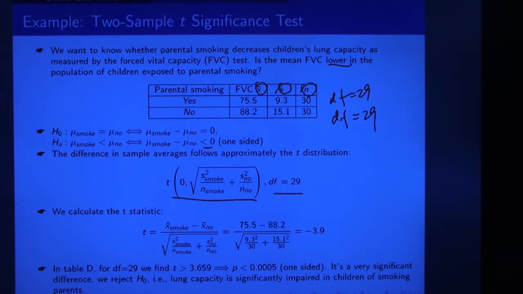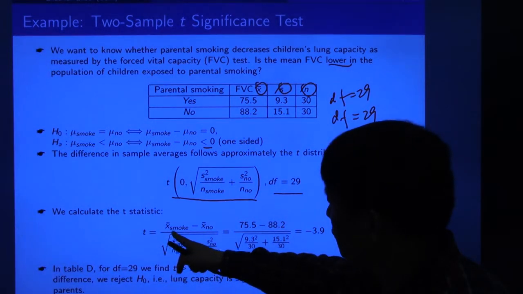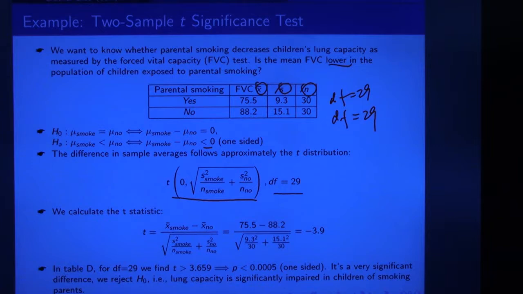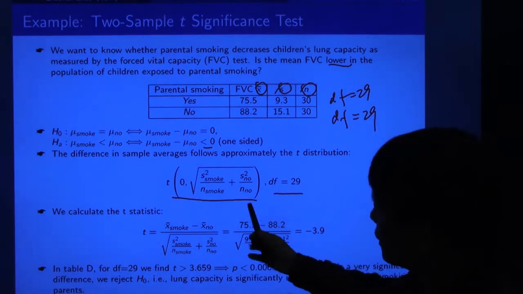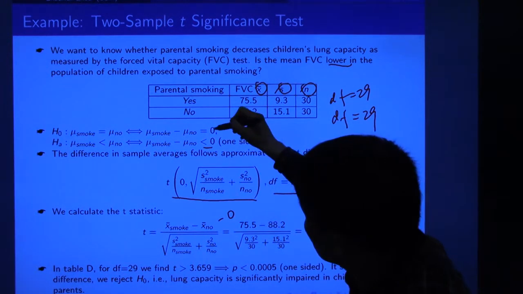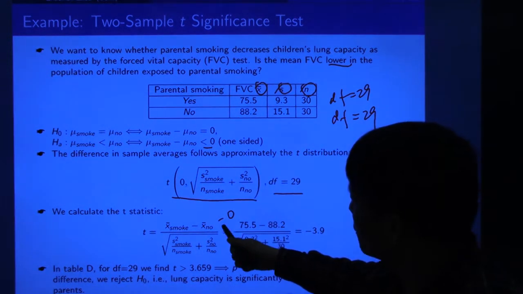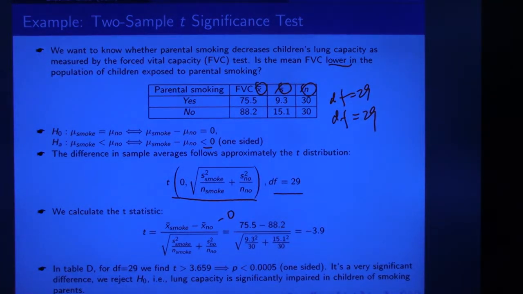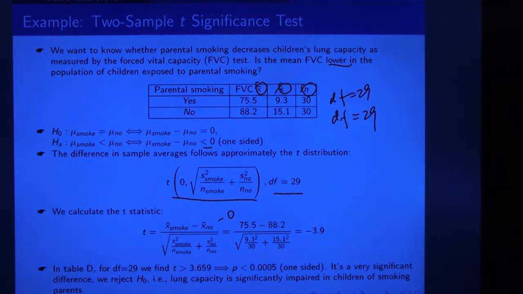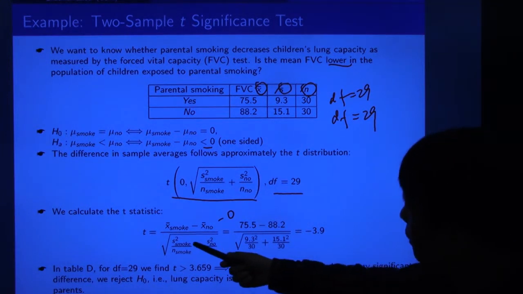The next step is to calculate the t statistic. The t statistic equals x bar smoke minus x bar non-smoke, then minus 0. Minus 0 here, this 0 is from here. But because it is minus 0, we just ignore this. Then divided by the standard error, which is this. So we plug in numbers. This one here equals